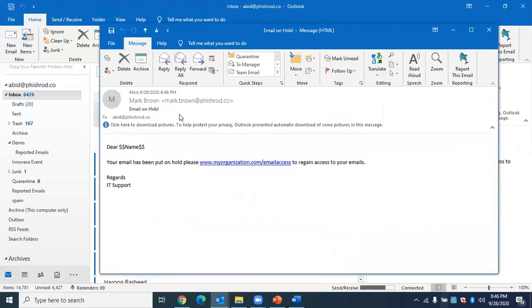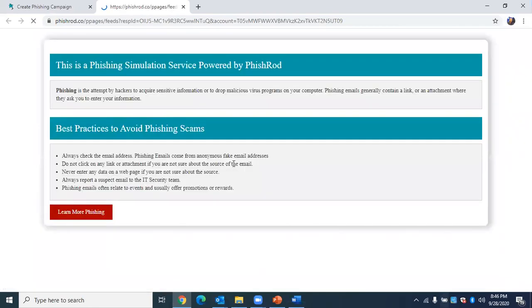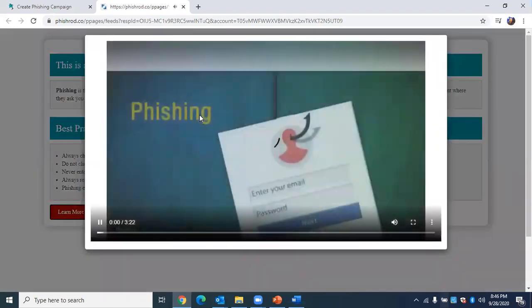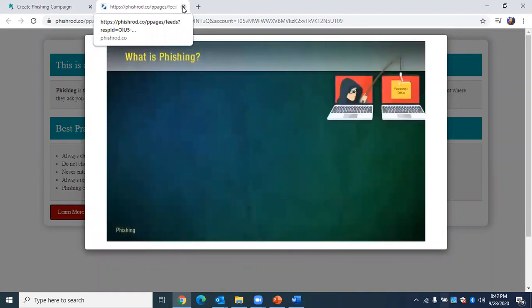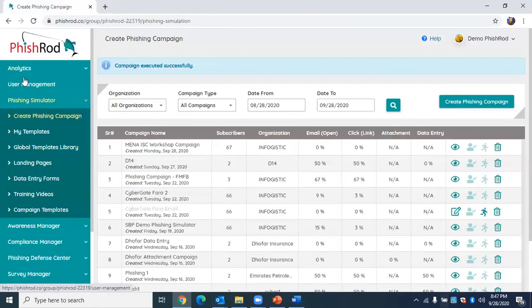For example, this is how the email would land in, and if you can see, the link is taking them to PhishRod. If the end users still continue to click on it, it shows that vulnerable end user behavior is determined. The people would be taken to a landing page. This can be customized, and then a video would appear. In the essence of time, what I want to show more is how on the dashboard you can